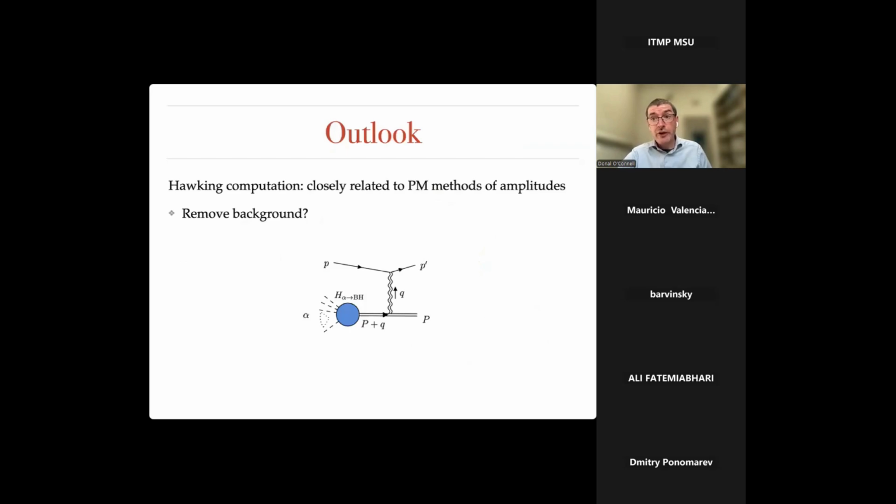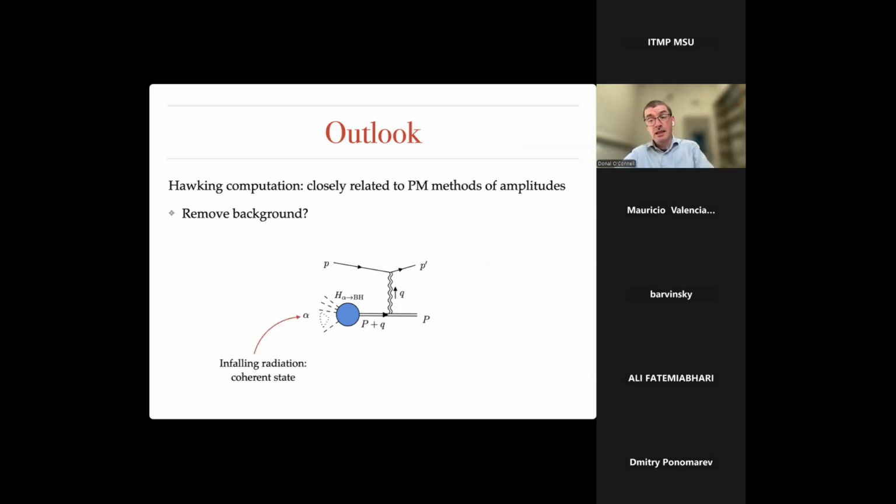Now, for the future, for me, as a person who works in amplitudes in flat space, I felt it was important, well, I would like to remove the background that we used throughout. So we had this Vaidya background. Really, the role of this background seems to me to be very simple. Of course, it's important that the black hole forms in this story, but the classical geometry is not very important. And I think it'll be possible to compute this process using flat space amplitudes.